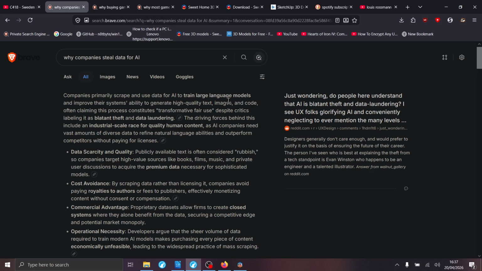Okay, now on the next thing, aside from the personal data, AI also makes you more lazy. You become lazier to do research.